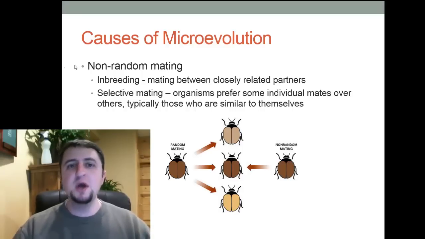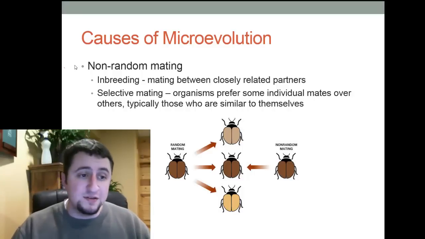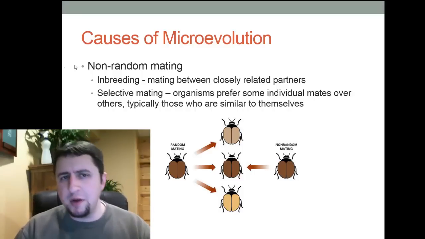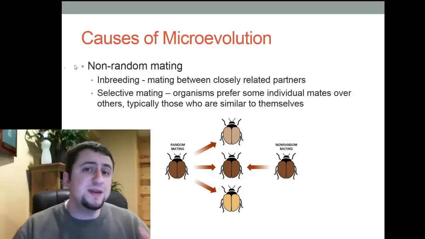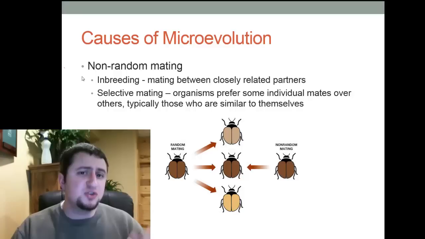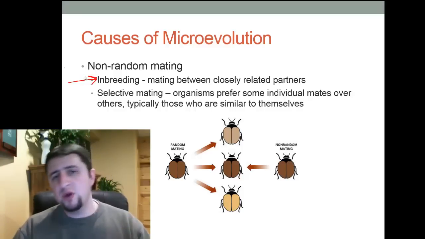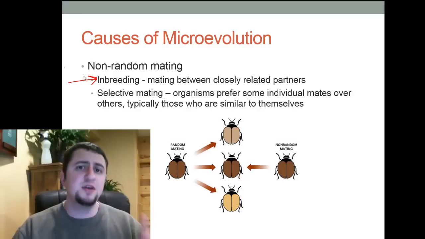Now on to the fun stuff, the causes of microevolution, otherwise known as what causes there to be a change within the gene pool or the alleles found within a population of organisms. One of the biggest contributors to microevolution is simply non-random mating. And non-random mating can be broken down into 2 categories. One of those is inbreeding, and I know inbreeding has a negative connotation with it, but